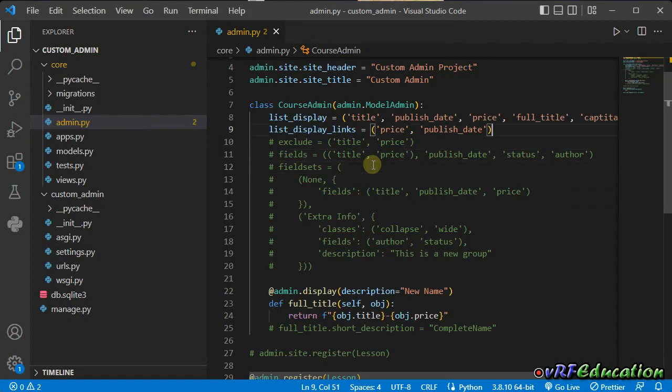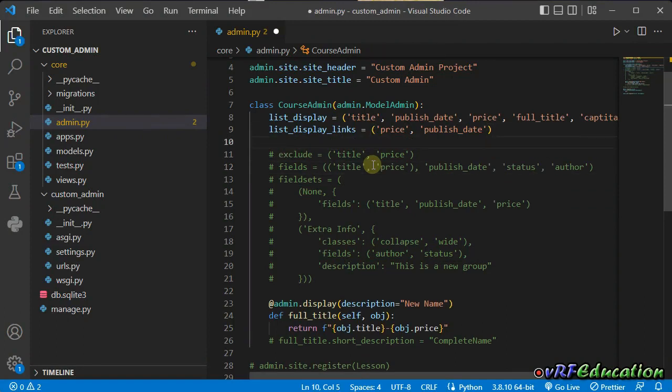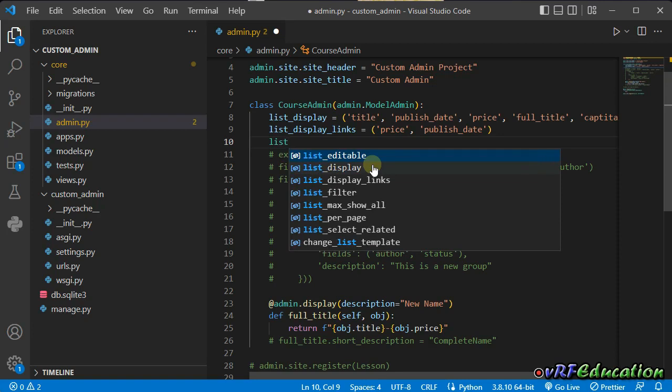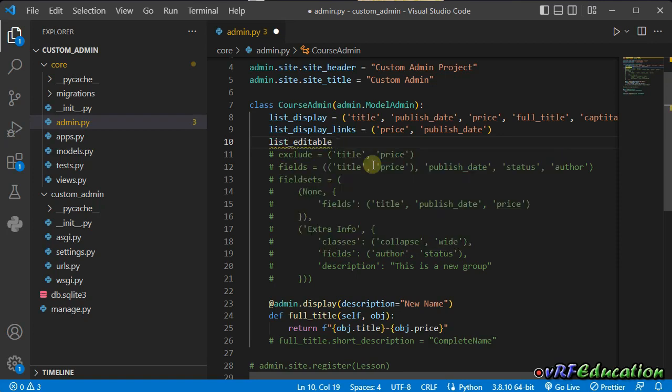Okay, first of all, I'm going to change this admin class in order to modify some content in the first page without needing to go into the detail page for every single object. For this purpose, I'm going to make the price and status fields or columns editable. So we need to initialize list_editable with the names of the fields that I need to modify inside the first page. So I'm going to provide price and status for this field. So if I save the project and try to